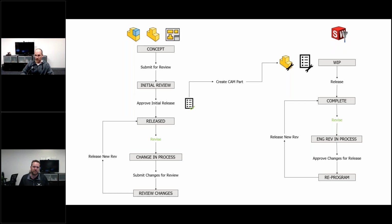Well, what I did is leverage some of the API capabilities to generate some automated tasks that get fired off that create a CAM component. And what this does is use an insert part into part feature that gives the programmers or the machinists the ability to manipulate that geometry in minor ways or major ways, which would ideally trigger an engineering change process. But they have their own files, so it's really protecting the IP from the engineering group. And then that CAM CAD file, as well as the NC file generated from CAM, will go through its own